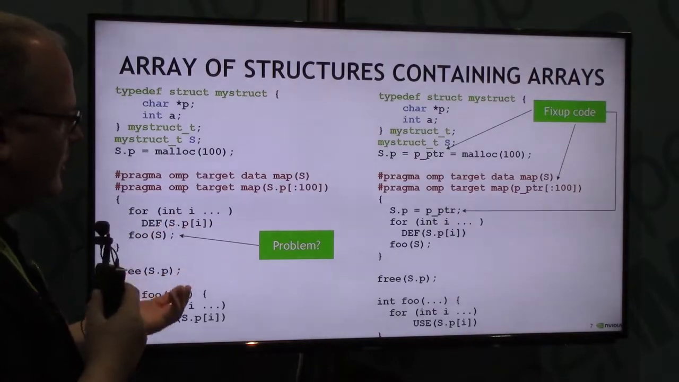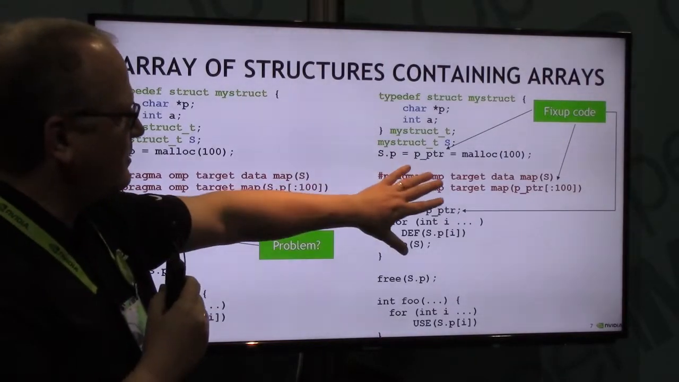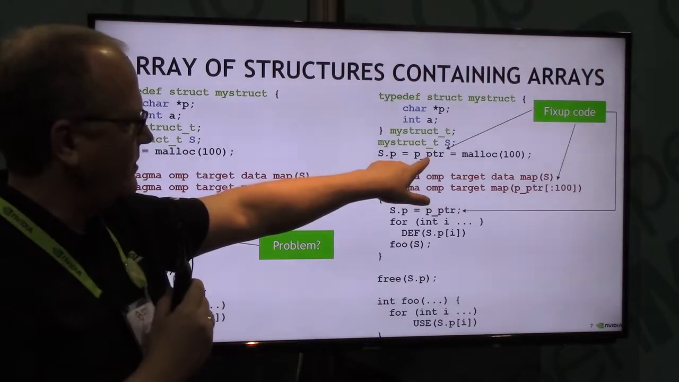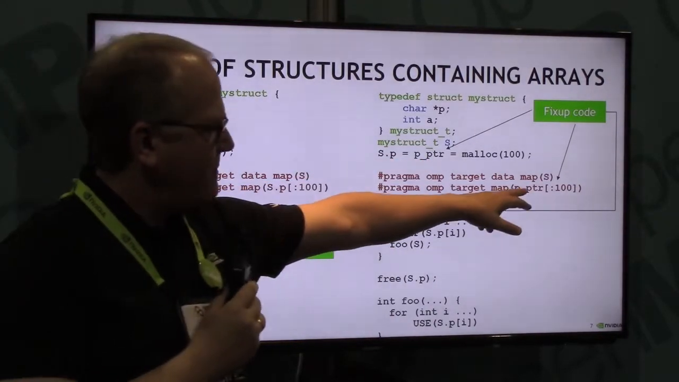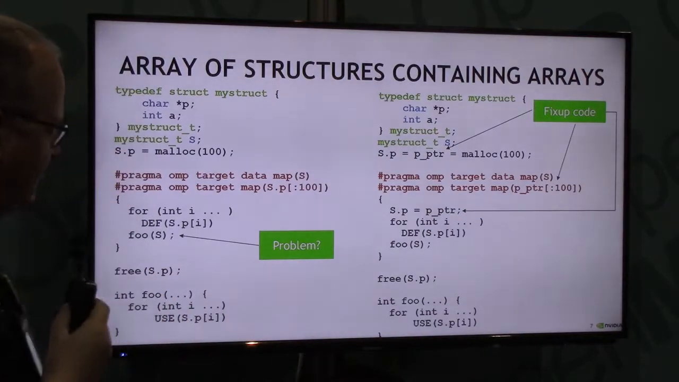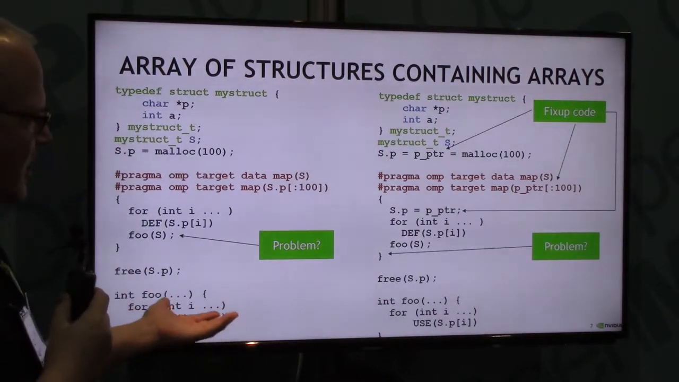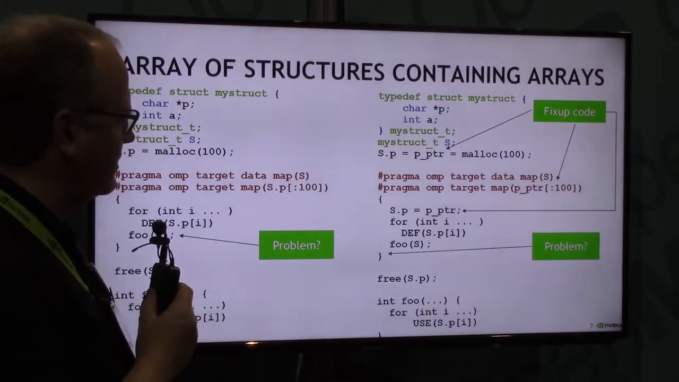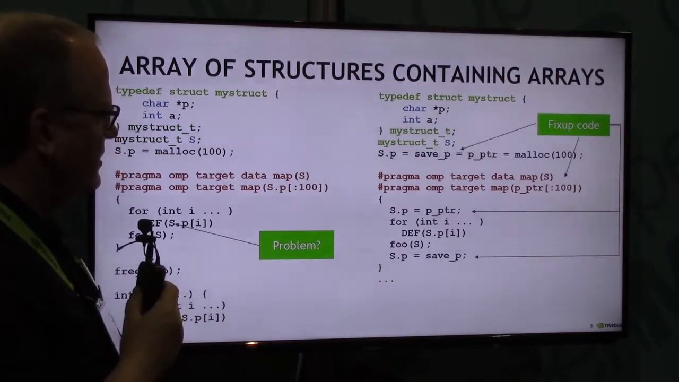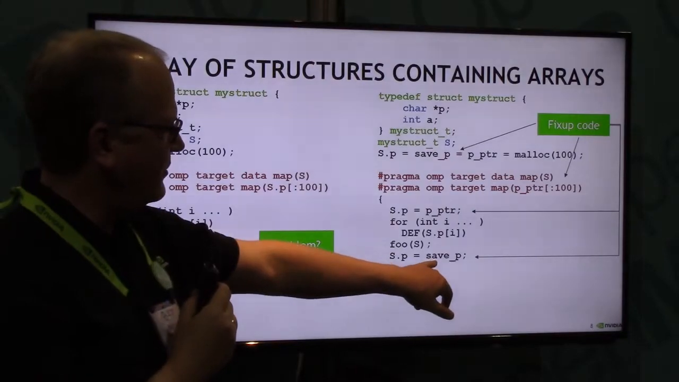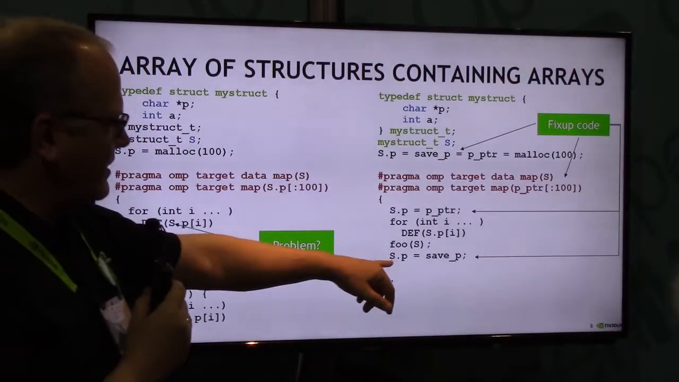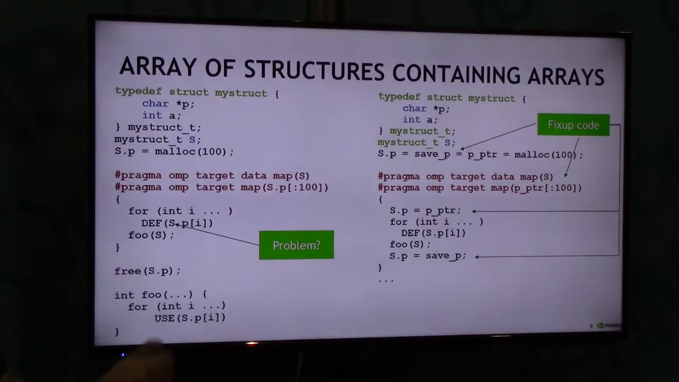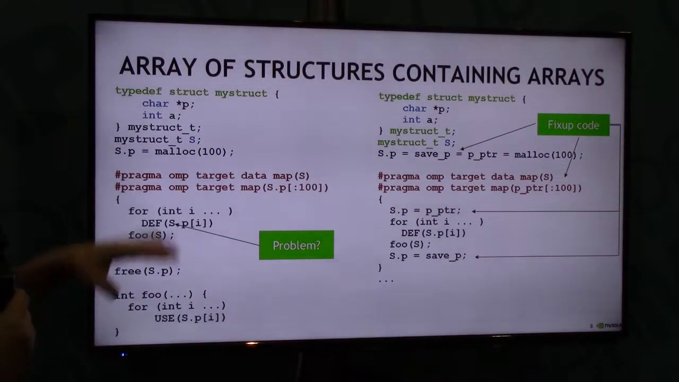So before TR6 or 5.0, fix-up code would have looked something like this. You would have actually had to snap that pointer into another pointer, map it, update it yourself. But this still has a problem. I made a mistake and I forgot to clean up the pointer s.p. So I need yet another snap to remember this saved value, so that when s.p gets copied back off the device onto the host, we haven't mutilated a pointer. So all that work